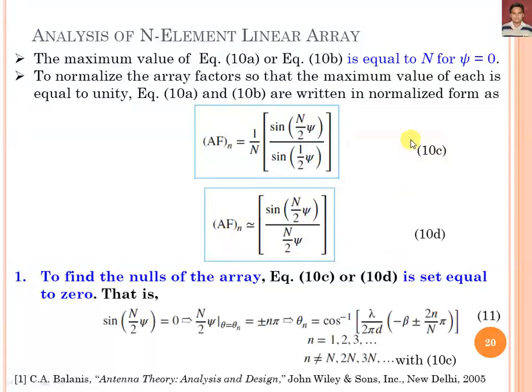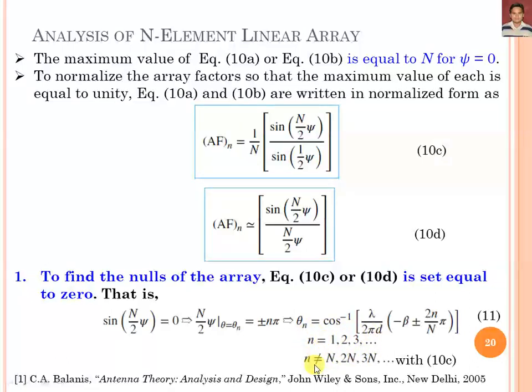So we equate this equation to 0. So N psi by 2 is equal to ±n pi, where n represents the null, and theta n is equal to cos inverse of this expression. This expression is important for calculating the nulls of the array, where n is equal to 1, 2, 3,